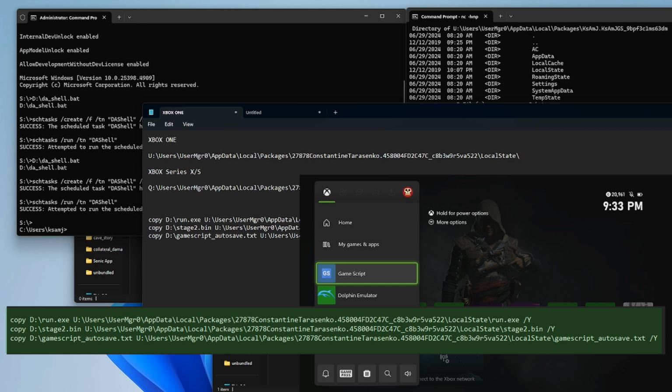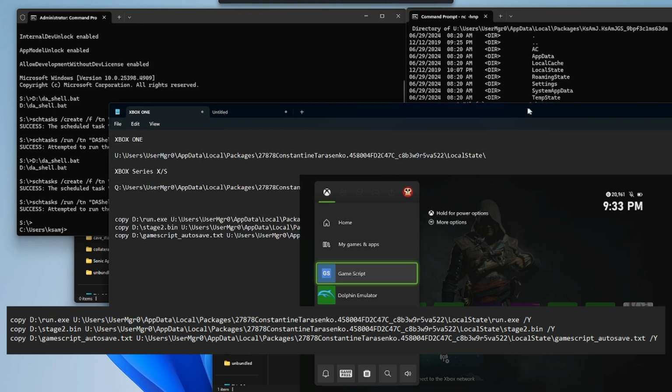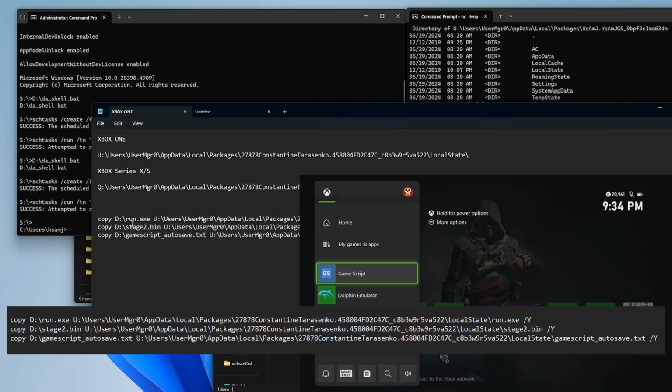So make sure that you put the backslash y, so you can make sure that it will replace the file. So I need to do this 3 times, one for run.exe, so as you can see here, and one for stage2.ben, as you can see here, and then one for game script